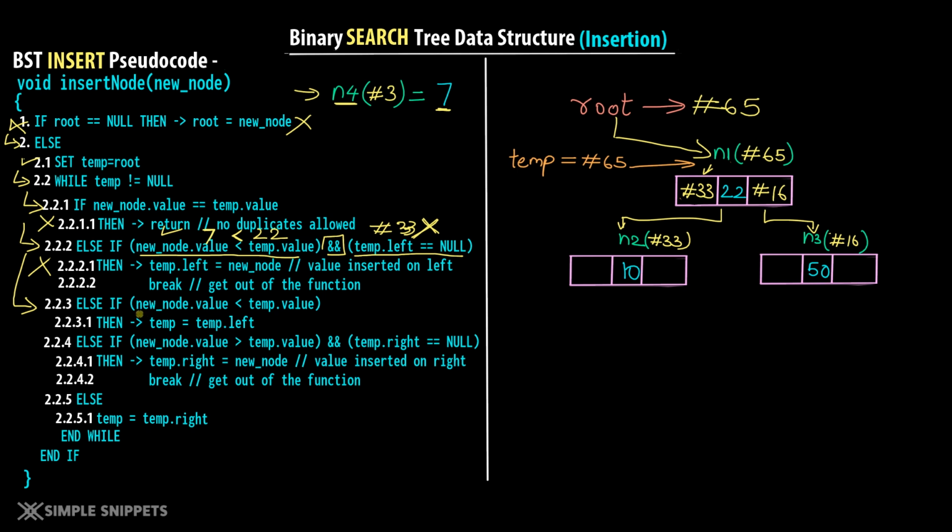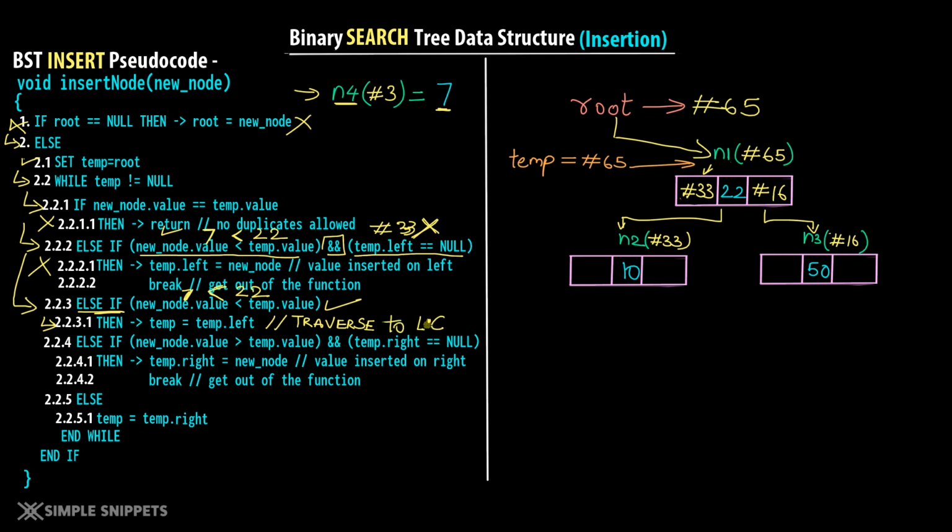Now again, I am using the same condition which says new node dot value, which is 7, is less than temp dot value. Temp dot value, which means temp is pointing to n1 and n1's value is 22. But over here if you observe, I am not using an AND clause and I am not using this condition. This is because in this else if we are not inserting. In this else if we are simply saying, because this condition becomes true, we will go inside this else if and we say temp is equal to temp.left. What did I do over here? Now this is where we are traversing. Traverse to the left child.